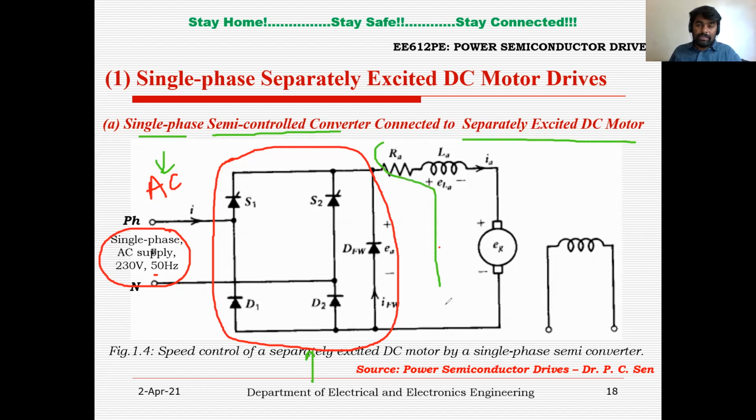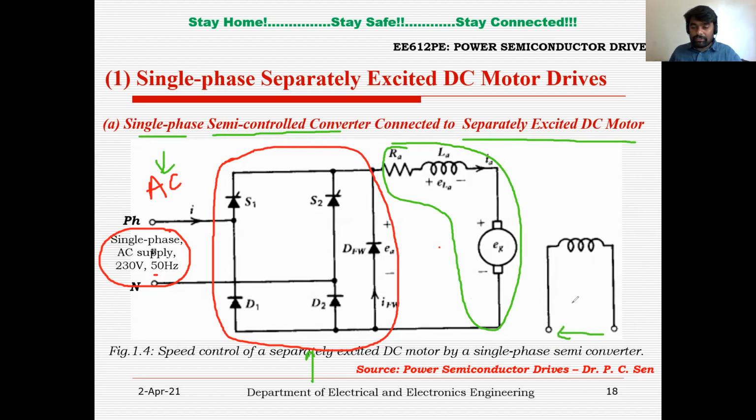So now you can see this is the separately excited DC motor, where I can represent the electrical equivalent circuit of the armature. And now the field winding is connected to a separate DC source VDC2, and it is a constant. So the field current is constant. If field current is constant, field flux is also constant, right? So now it is just like an armature voltage control technique.